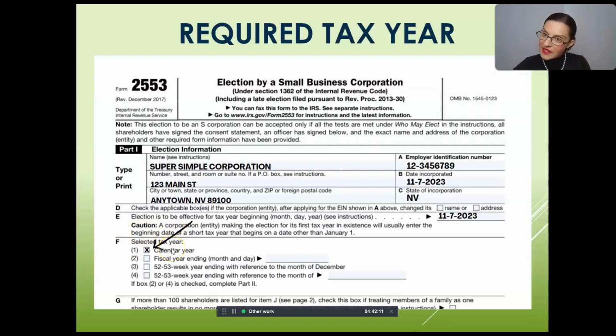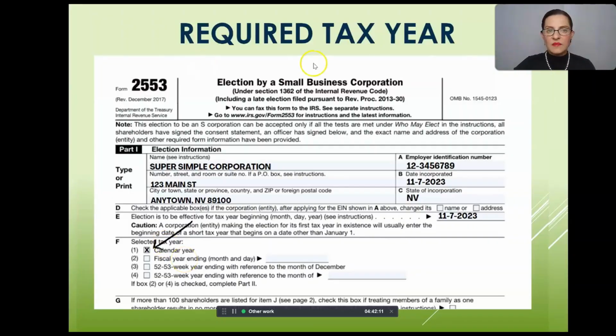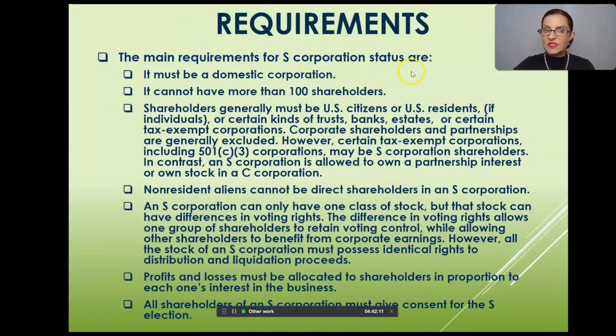There is a possibility sometimes for S corporations to have a fiscal year, especially if it's a seasonal business. Like I said, a natural tax year is possible. It's just not commonplace. The main requirements for S corporation status are: it must be a domestic corporation, which means